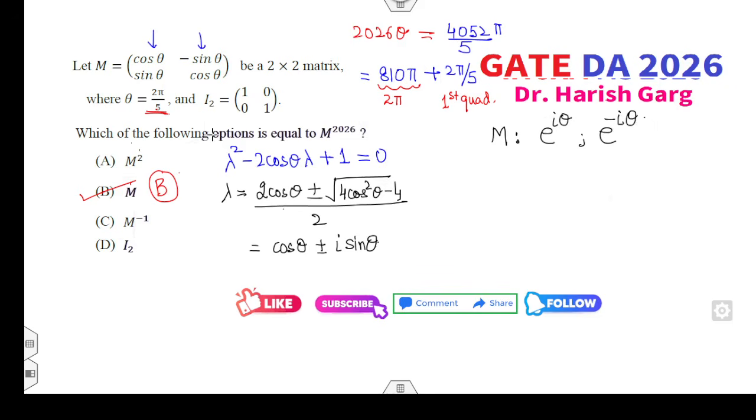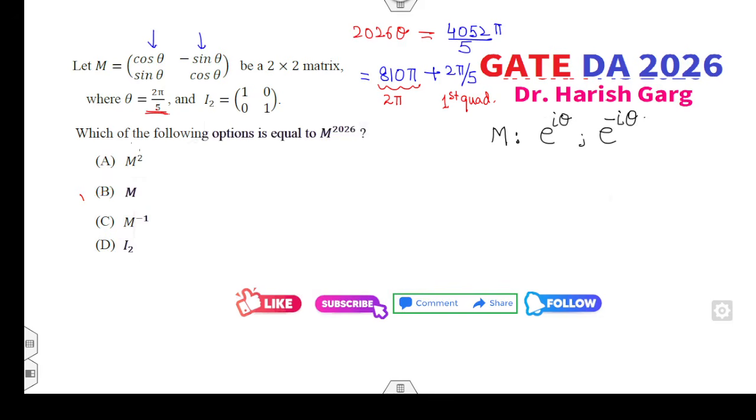Now you can check the eigenvalues of the other cases. What are the eigenvalues of the identity matrix? 1 and 1. What are the eigenvalues of M inverse? These will be reversed, e raised to power minus iota theta and plus iota theta. The eigenvalues of M we have already found, and the eigenvalues of M square are e raised to 2 iota theta and e raised to minus 2 iota theta. I can find the eigenvalues of M raised to power 2026. Let's see which one it matches. It is e raised to power iota 2026 theta and